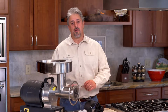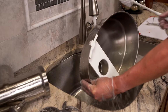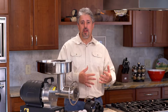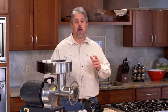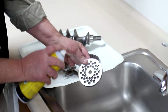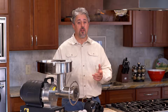Before assembling your grinder, check to make sure that all the parts we described are included in the carton. Prior to use, you'll need to disassemble the grinder head and wash all of the parts thoroughly in hot soapy water, taking particular care to remove any grease and oil residue from surfaces. Dry all parts thoroughly by hand. Do not place any of the parts in the dishwasher. We also recommend treating parts that come in contact with food with a food-grade silicone spray available from Cabela's after each use. If any parts are missing or damaged, call customer service at